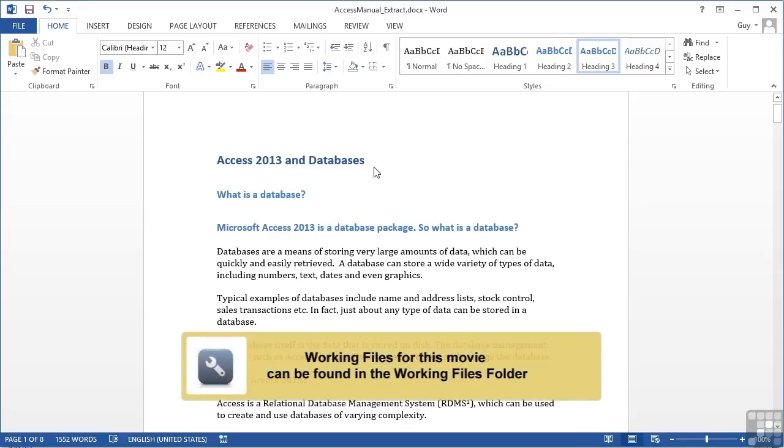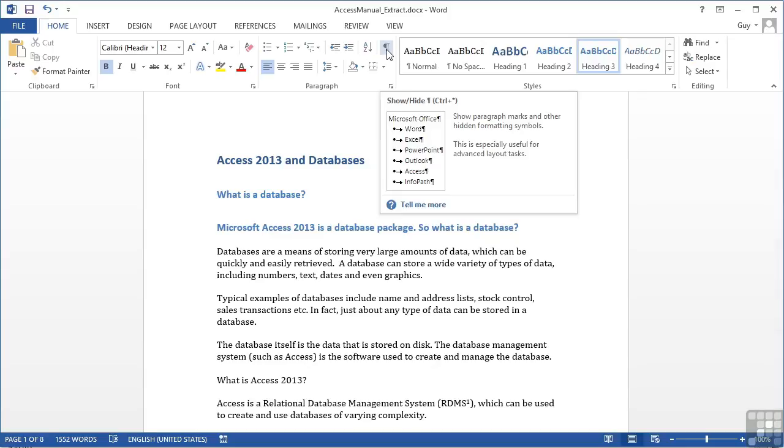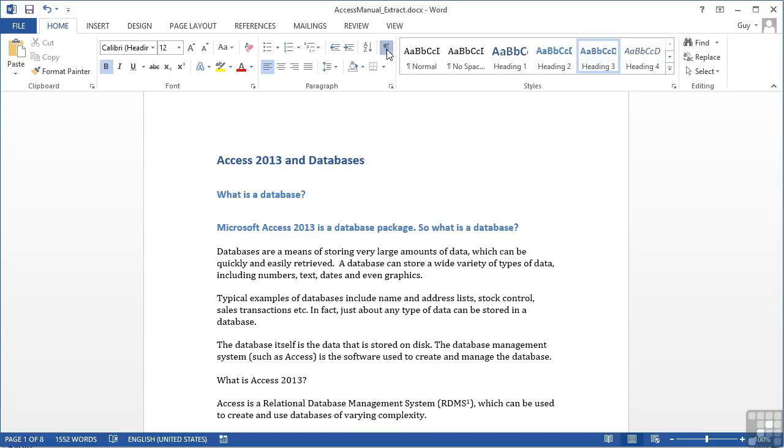One little tool in Microsoft Word that is extremely useful, and I know people that keep it activated the whole time, and then there are others that activate it when it's required, and that is the tool that turns on the non-printing characters. Now the tool that does that is actually on the Home ribbon, and it's this little backwards shaped P here. If I give that a click, you can see the document stays the same but gets a